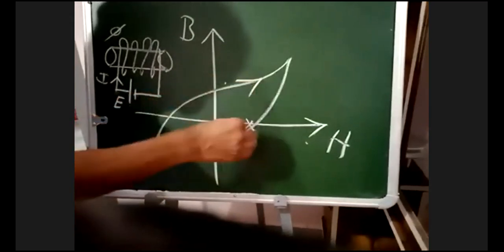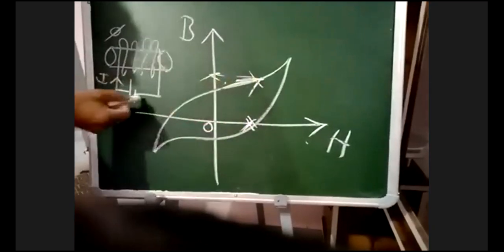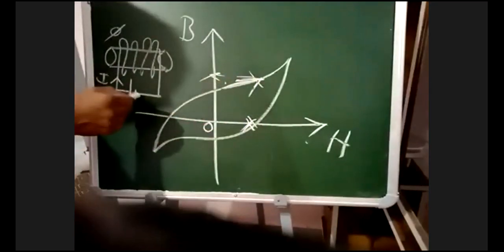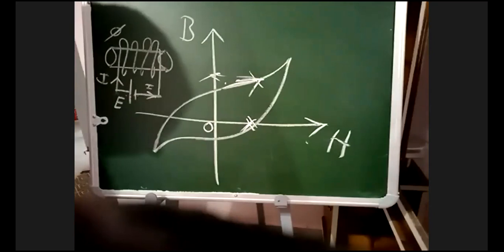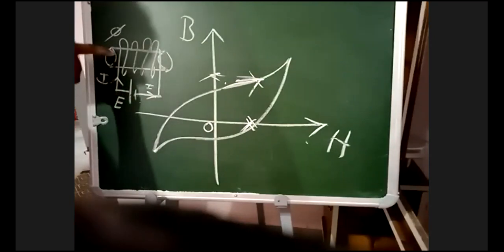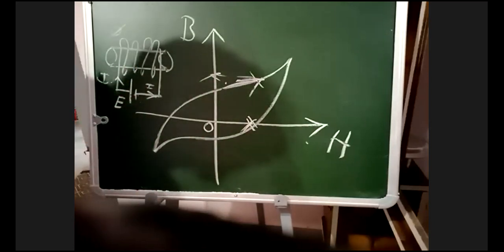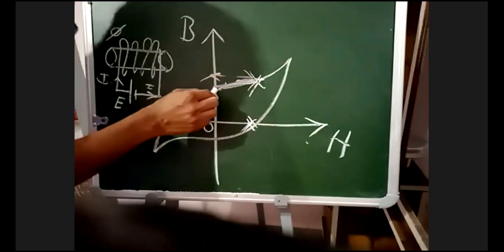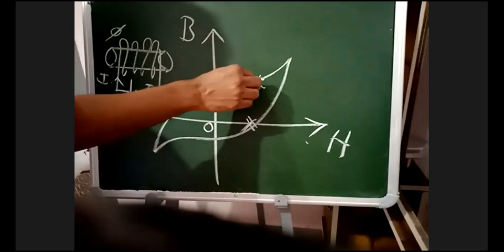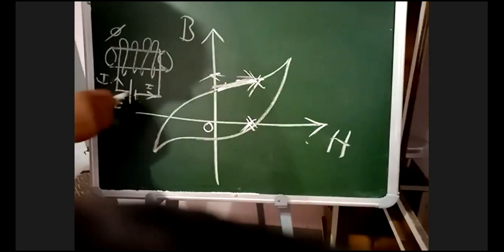So up to here, your iron piece is magnetized. Next, again I am reversing the current. I will interchange the battery terminals. Initially current is flowing from negative to positive like this. If you interchange these terminals, current will flow in the reverse direction in the coil, and now it is magnetized in the backward direction.